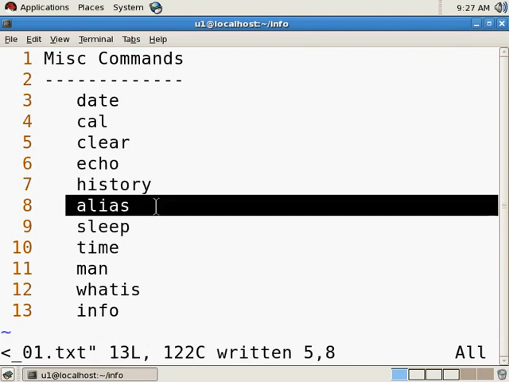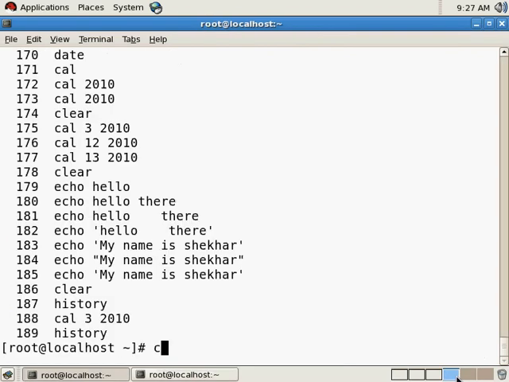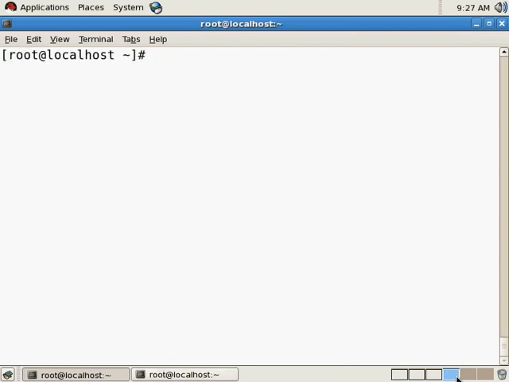Now the next thing is alias. Alias is also another interesting command, and this command, let me clear the screen again, is actually a command to create another command. Alias is a command to create another command. Many people also say that alias is a command to create a nickname for another command. So for example,